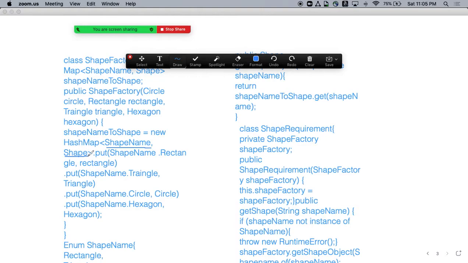So in the map, inside the data structure, we have created objects for all these shapes. For rectangle, we have attached the rectangle object. For triangle, the triangle object. For circle, the circle object. For hexagon, the hexagon object. I will show you the difference.